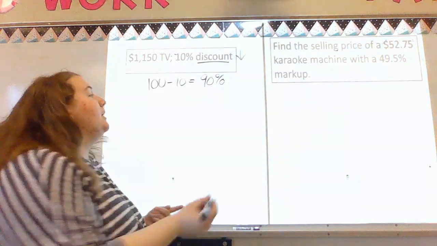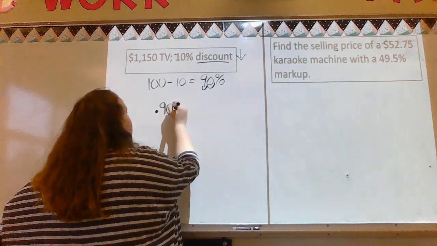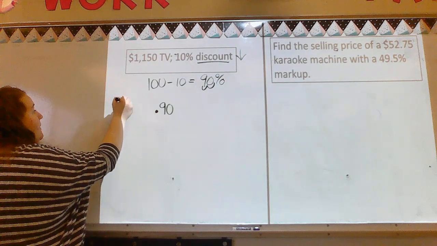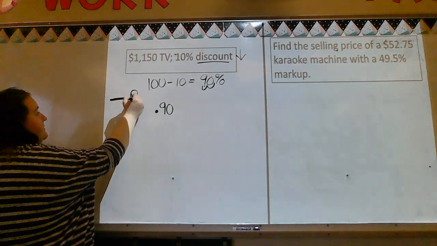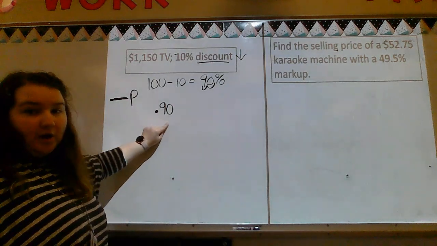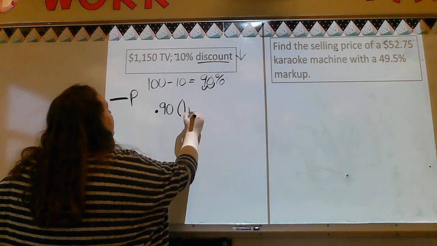Money is in decimal form. So 90% becomes 0.90. Then, for method 2, we do percent times price. P is for price. So I'm going to take my decimal and I'm going to multiply by the price. My price here is $1,150,